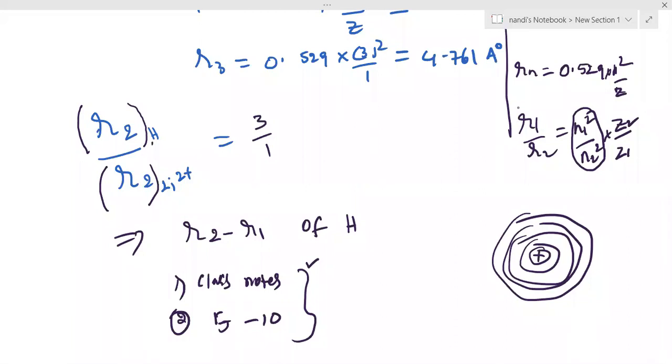Where did you practice? That is important. How many pages have you done? How many notes are you maintaining? Keep in mind all these points. Clear? But I will ask 100%. My high priority for internal marks is class notes theory practice, followed by 5 to 10 sums per day.